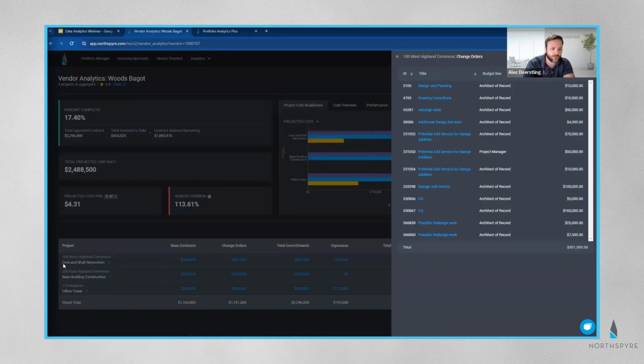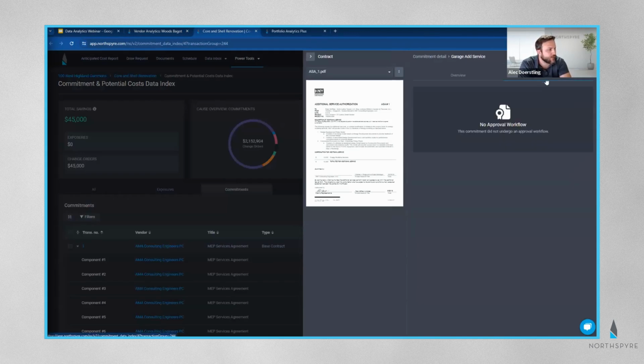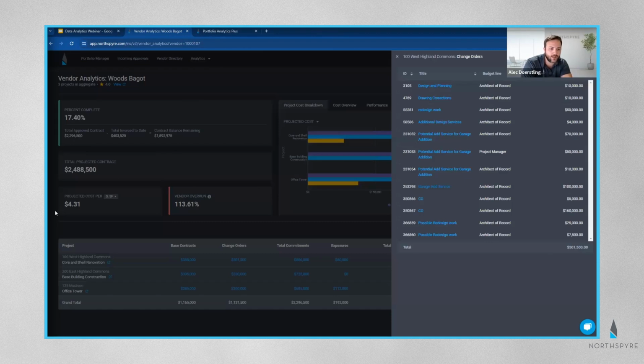I can click very quickly into my change orders list and go see all of the change orders added for Woods Bago across 100 West Highlands. Garage ad service and this particular CO seem like they're pretty high. If I need to look into those even deeper, I can go to my project vendor overview and see each one of those, or I can click directly onto the link for the actual change order. I'll load that here. I can go find the change order. I can see when it was accepted, who approved that, any approvals that it went through. I can always dig through those. If I notice that Woods Bago on my vendor analytics, as well as my cost analytics, had a very high kind of rate of